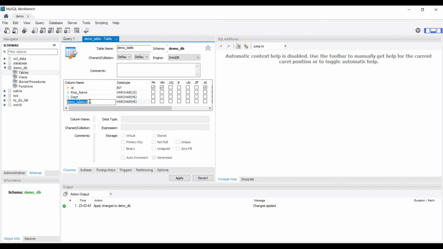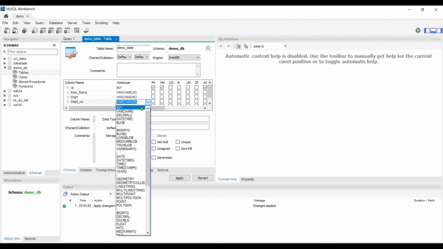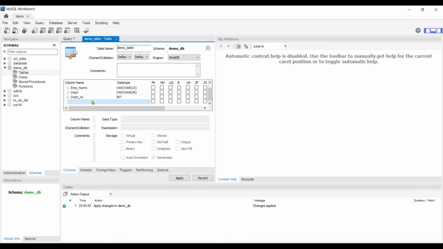Next one, let's give a number to the department, so DEPT underscore number. If you're wondering why I'm giving underscore, it's just my habit. So there's nothing special or necessary that you need to give underscore. You can name it however you want. And the data type should be int, because department number cannot be in character, right?